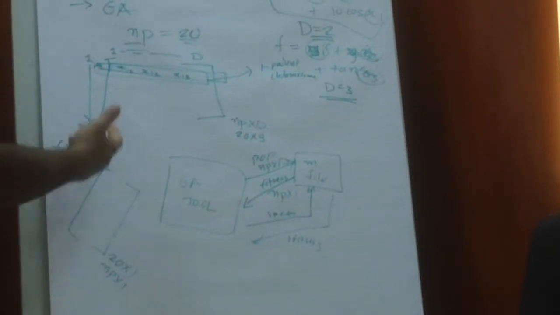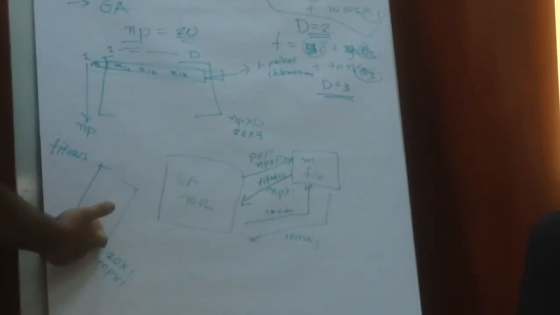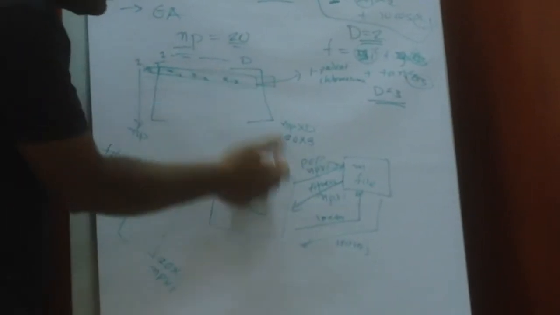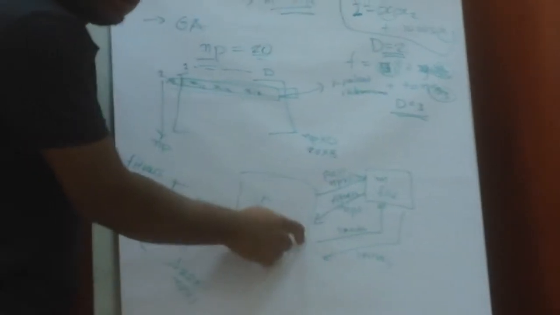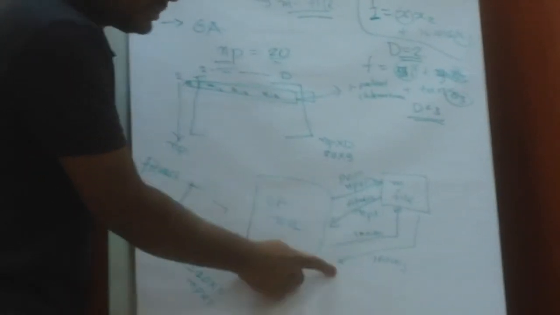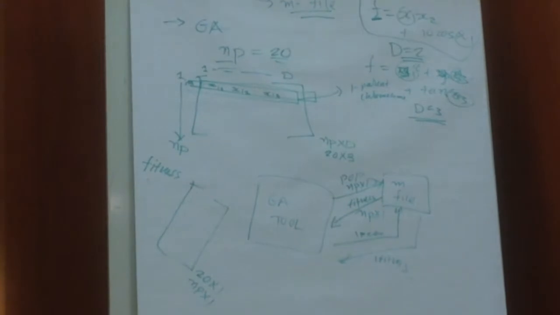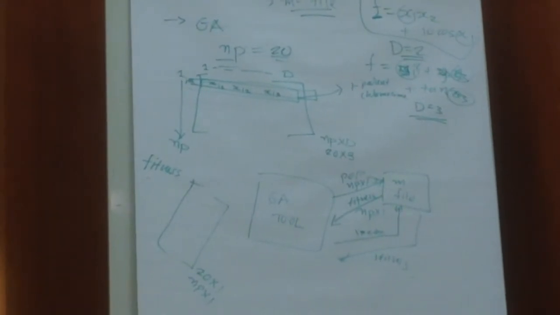So if you select the serial option, it will send only one parent or chromosome at a time and get its fitness at a time. But this will be much slower. Parallel, yeah, because this is parallel processing, this is serial processing. So this can be controlled from here. Most of you will have a problem in your M file. When you write your M file, you need to keep that in mind.